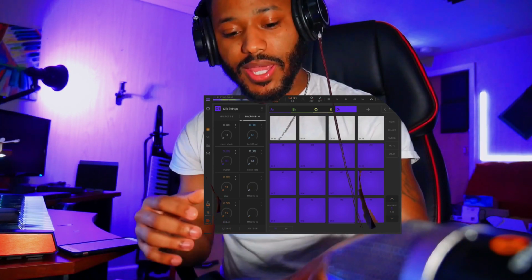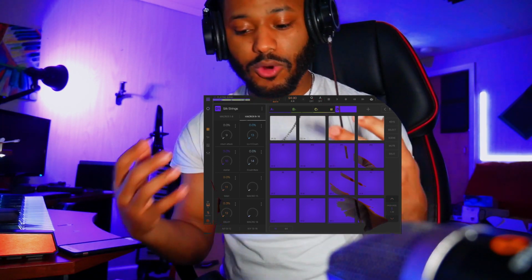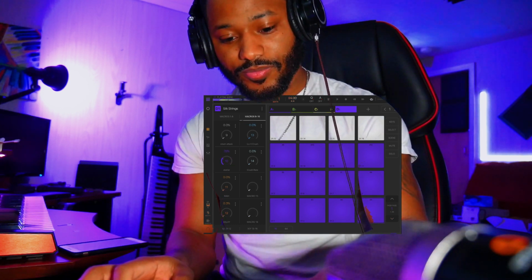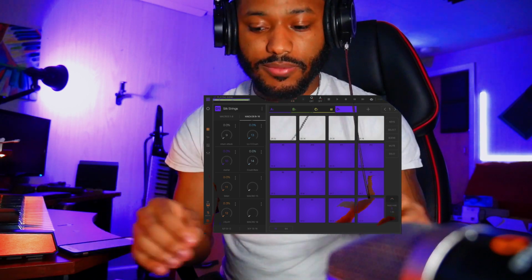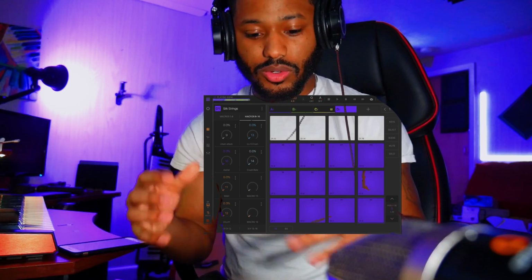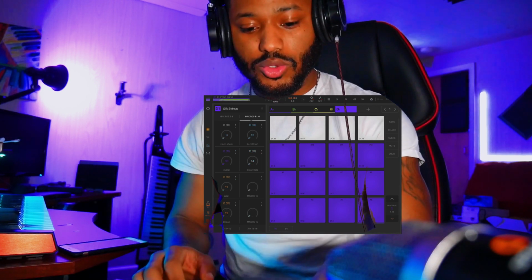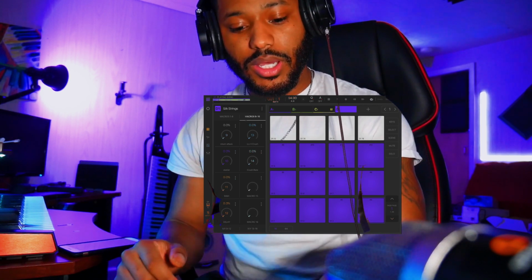And I mostly use that macro number 10 for like performance type stuff. If I want to have like a glitching effect or have the guitar kind of sound like it's stuttering into the next note, then on an external controller I will use that to toggle back and forth between stutter modes